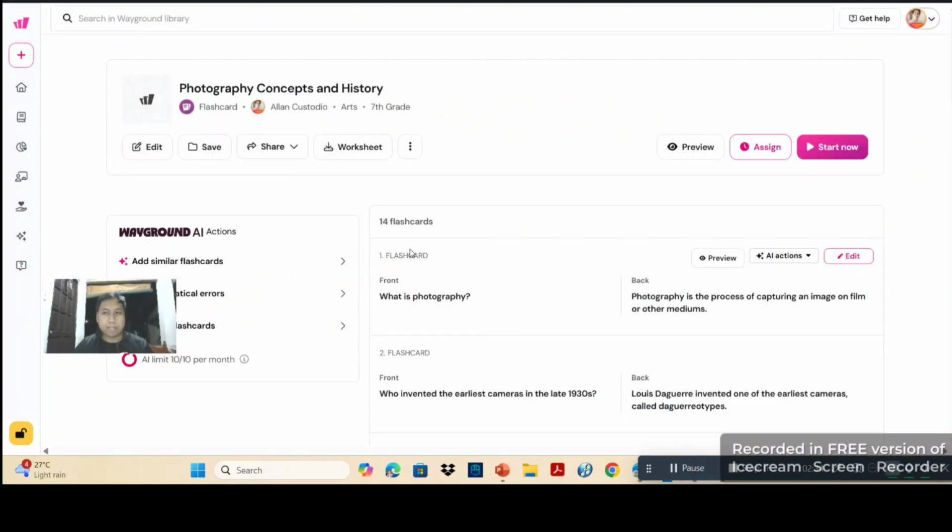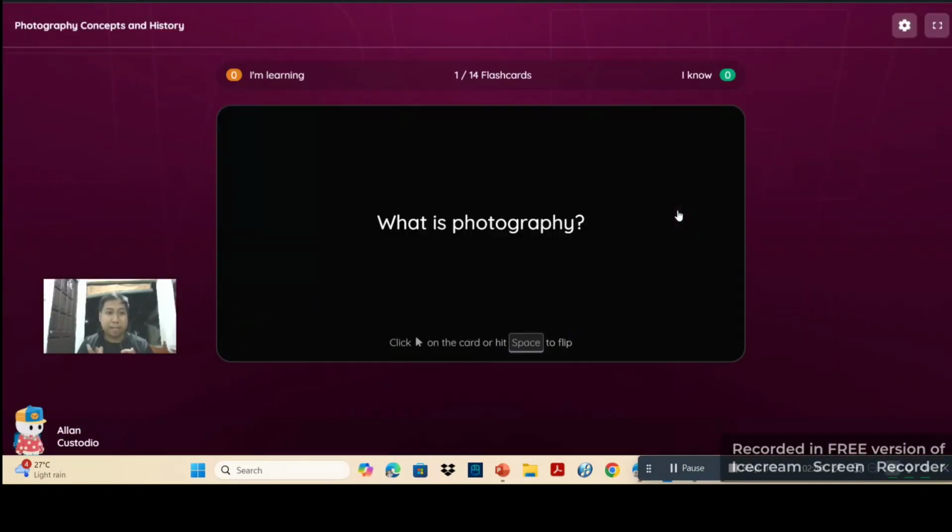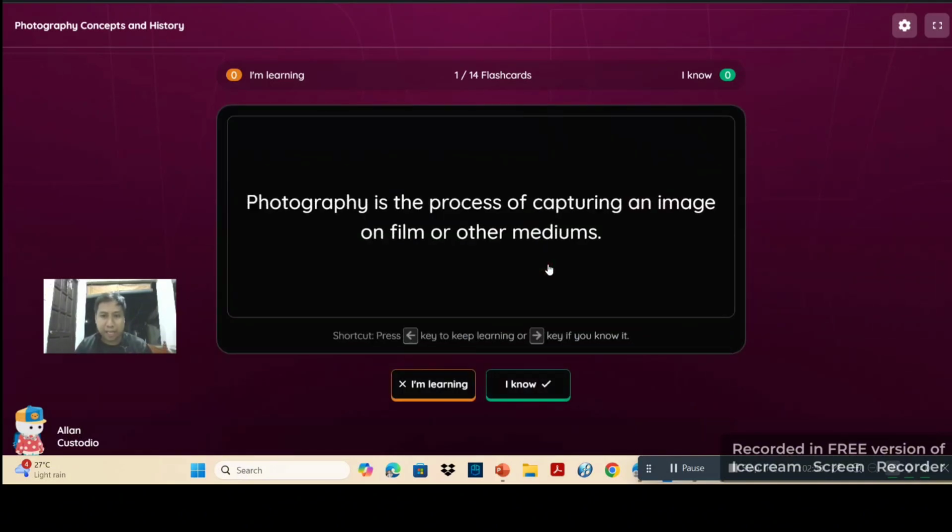Now when we click the preview, we will see what it looks like. I will click preview. Okay, we will see it is generated by Wayground. It is very nice, having background music. When we click this one, we'll see the answer to our flashcard.